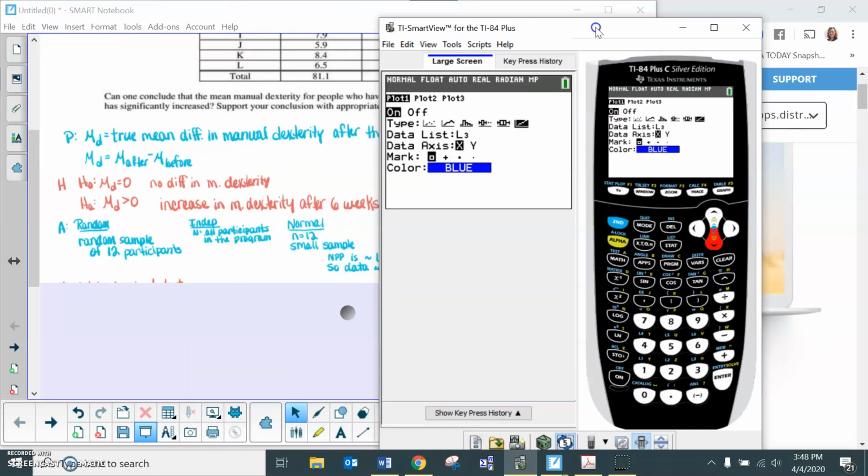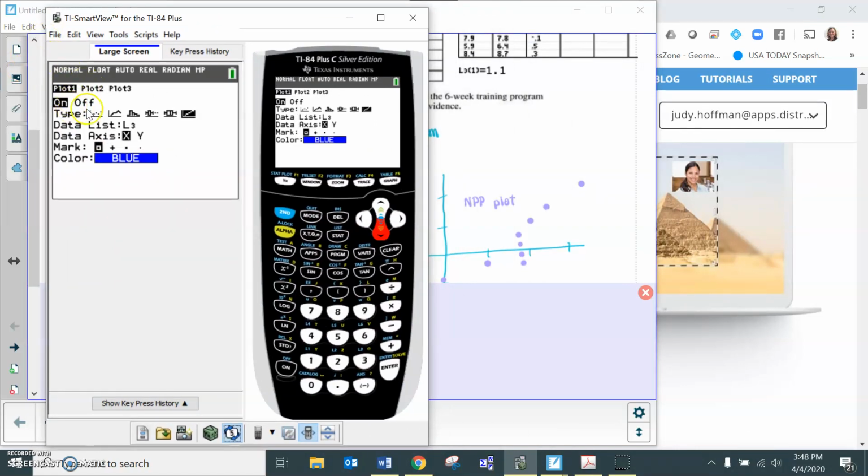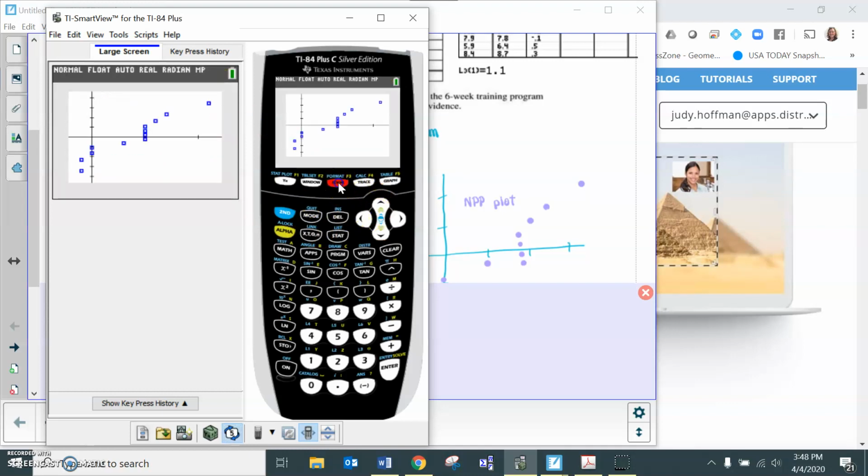Now you've got a better view of what I'm doing to get that NPP plot. So I turned it on. I chose NPP, which is this last one. My data list is in list 3. And now that I've got that all set up, I'll hit graph. And then you may have to do a zoom 9 if things don't look right, and they usually don't the